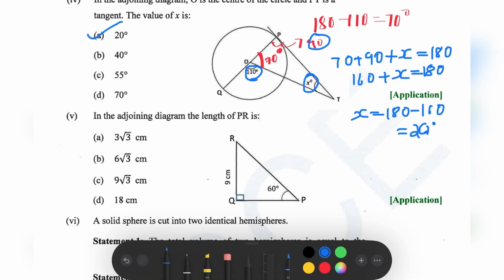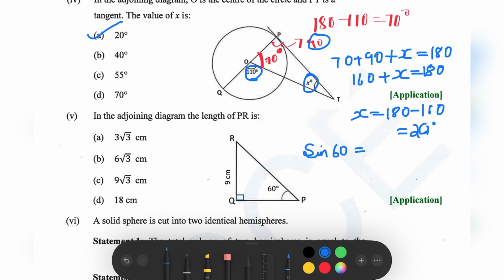Here from the triangle itself you come to know that we are going to use the trigonometric ratios. Students get confused whether we have to take sin theta, cos theta or tan theta. Now here you will come to know that they are talking about RQ, and we have to find PR. So here RQ is opposite, PR is hypotenuse. So which formula will we take? Yes, we have guessed, that is sin